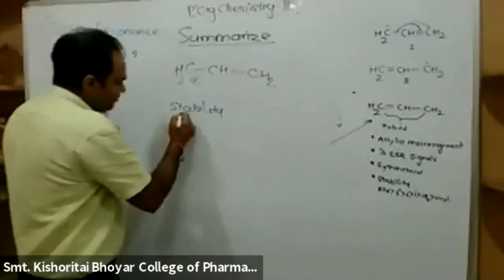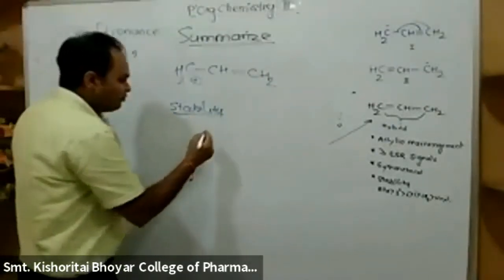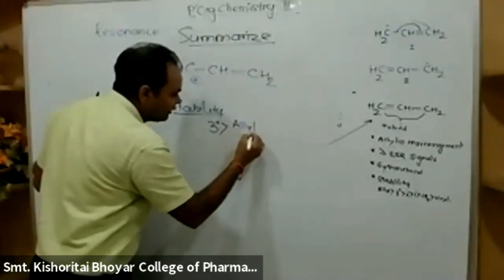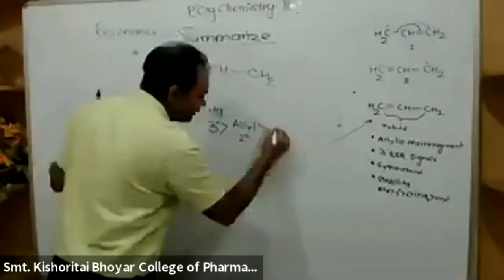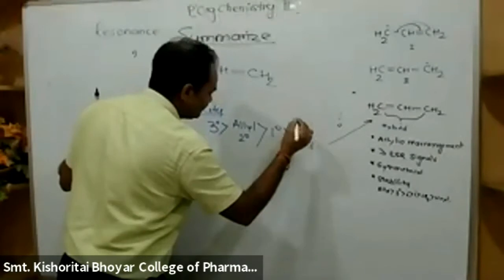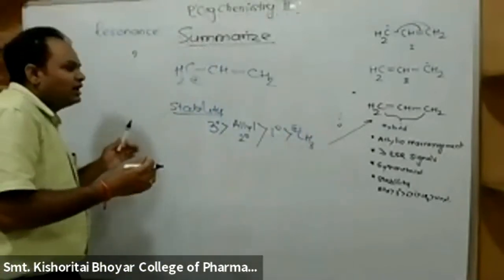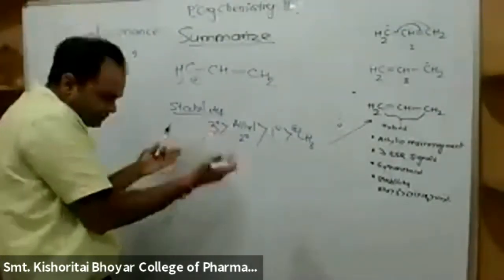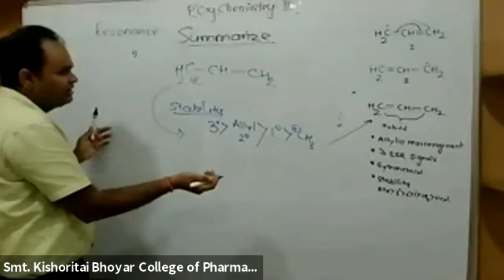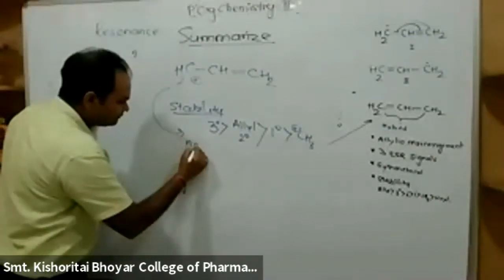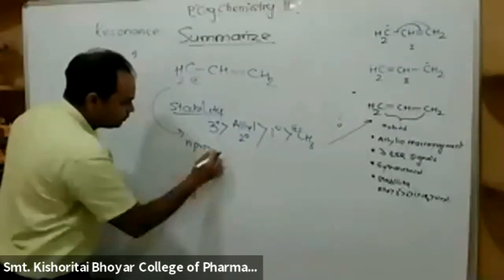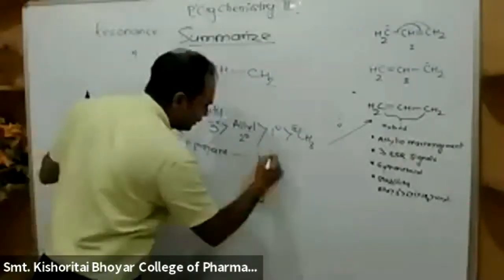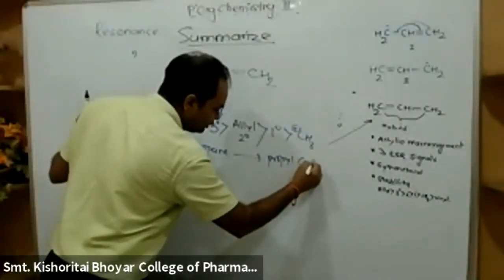Okay. And when I am talking about the stability of the allyl cation, we find out that the allyl cation is less stable than the tertiary one, but it is nearly equal to the secondary one, then the primary, then the methyl. Okay, means अगर आपको किसी ने पूछा कि allyl cation की stability कितनी होती है, that is equal to the secondary one, but it is less stable than the tertiary one. How do I know that? Again, it's very simple. अगर हम N प्रोपेन का हेटेरोलिसिस करता है, हेटेरोलिसिस. Okay, so you will get the propyl cation.